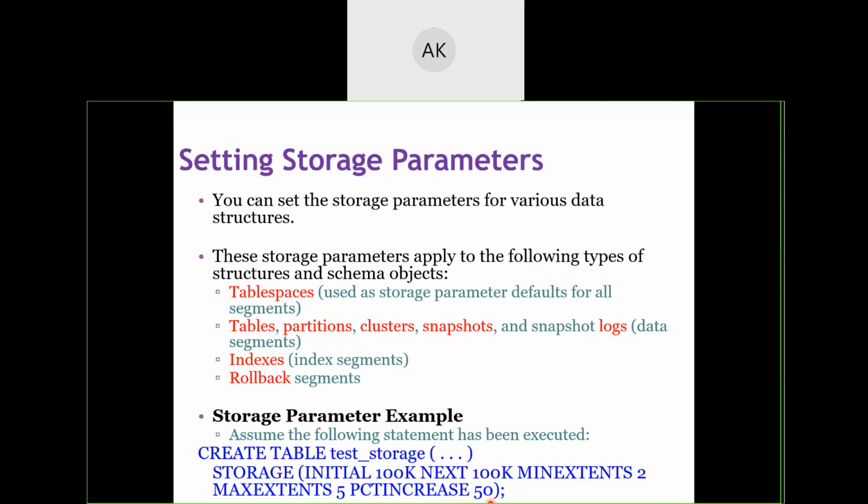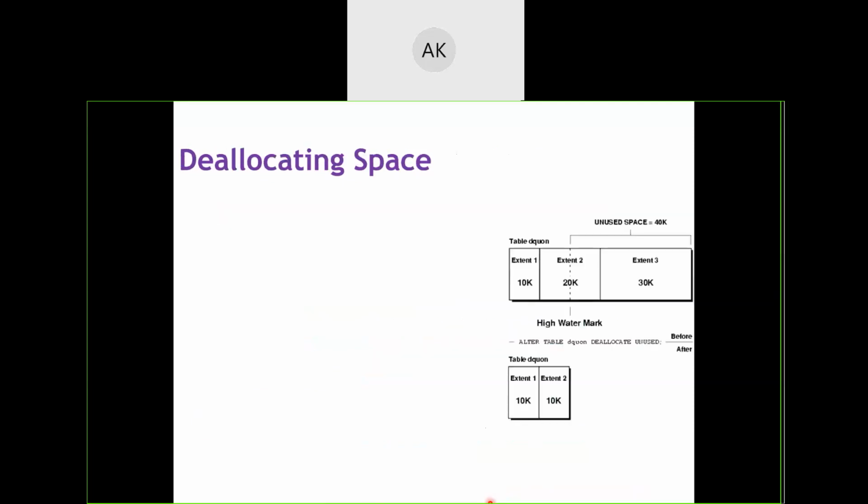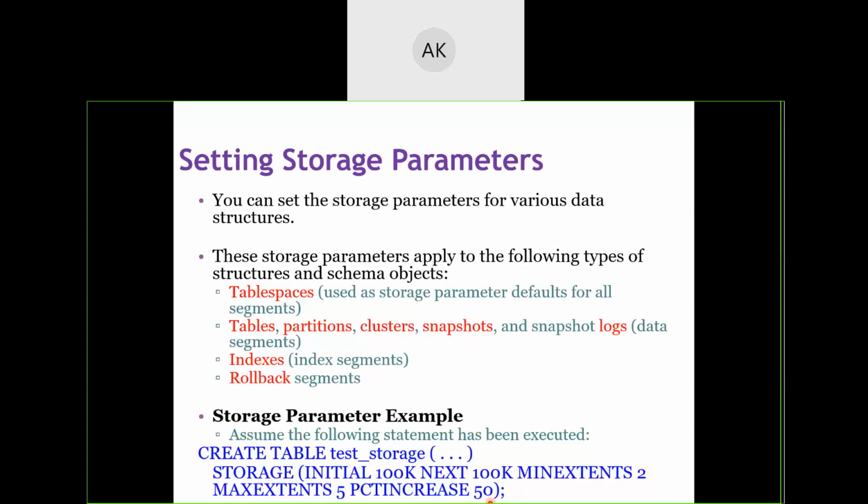Percentage increase should be 50%. Is it fine? So this detail of parameters, each one, initial, next, minimum extents, maximum extents, percentage increase, these all are parameters pertaining to storage allocation.